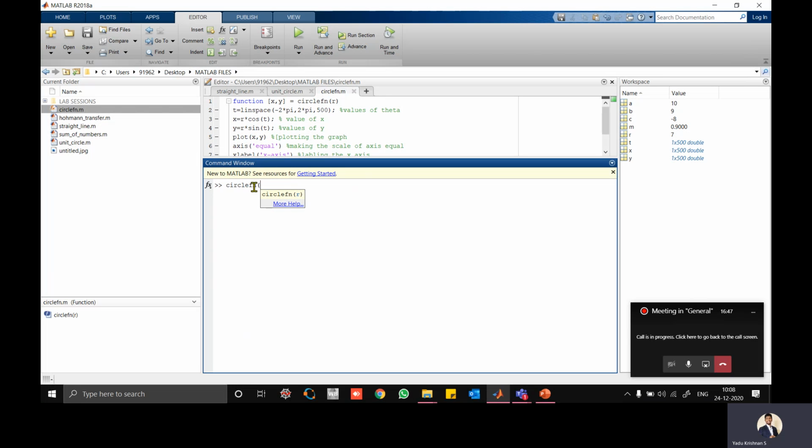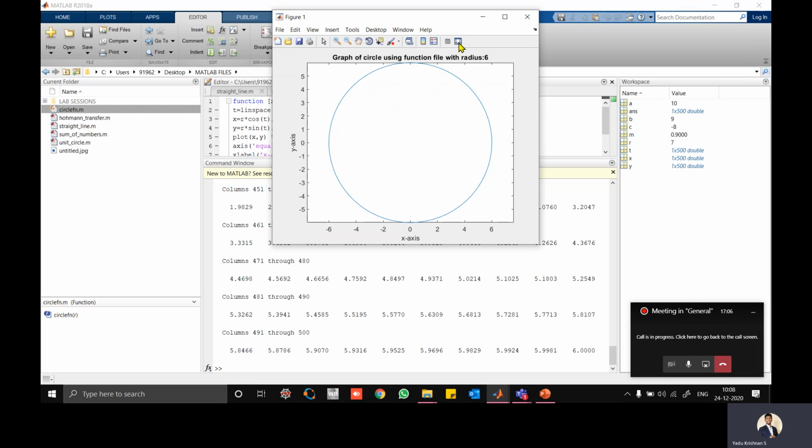Look at this. The syntax is already coming here because you have created the function file in MATLAB, and MATLAB will consider that the function already exists. So like circle function of r, where r is nothing but the radius. I'll give 6 and press Enter.